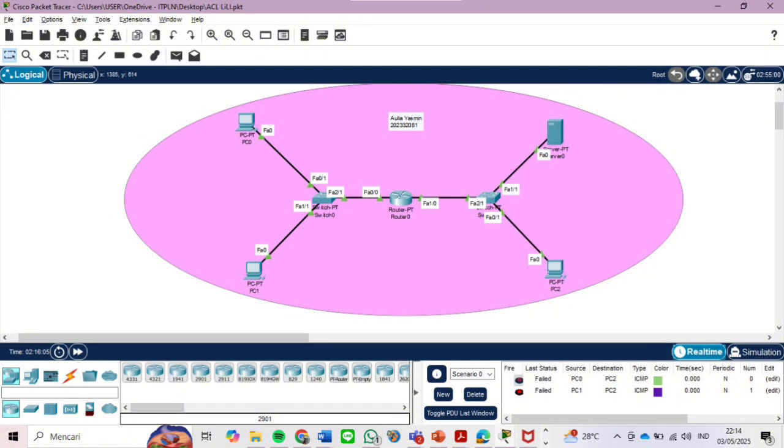So after completing the practical section on access control lists, or ACLs, using Cisco Packet Tracer, it can be concluded that ACLs are a fundamental feature in managing network traffic and enhancing network security. ACLs allow network administrators to control access between devices based on IP addresses, protocols, and specific ports, helping to filter and permit or deny traffic according to defined policies. And in the simulation